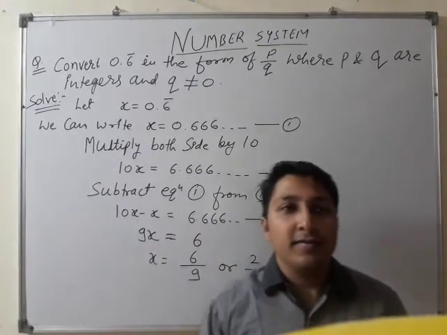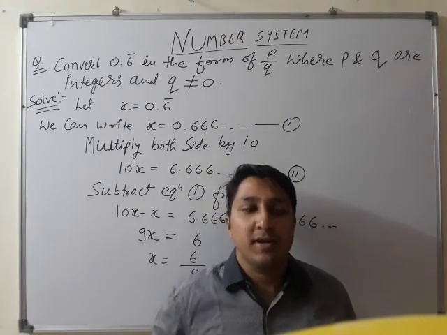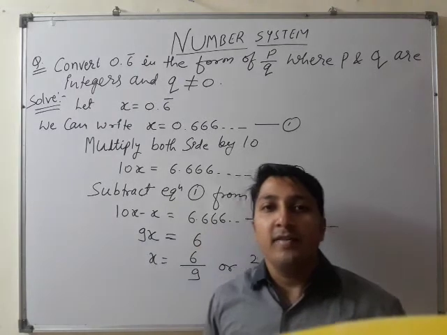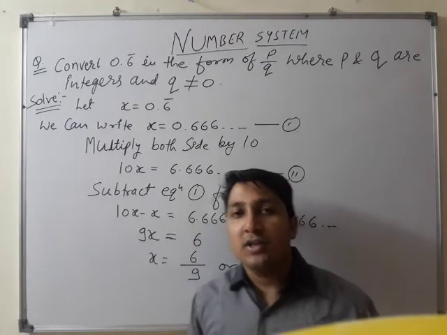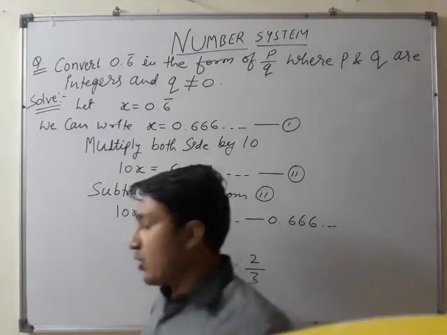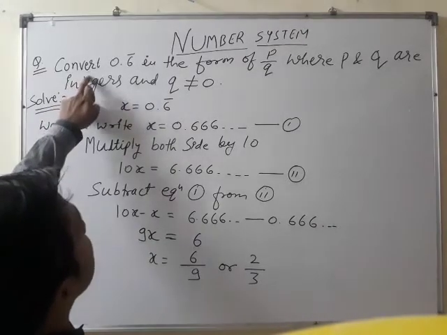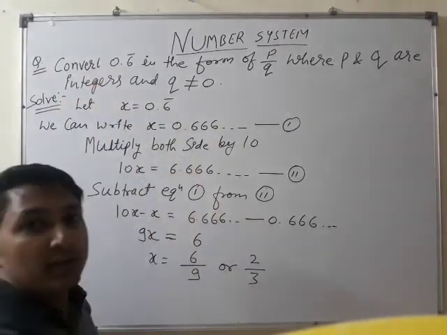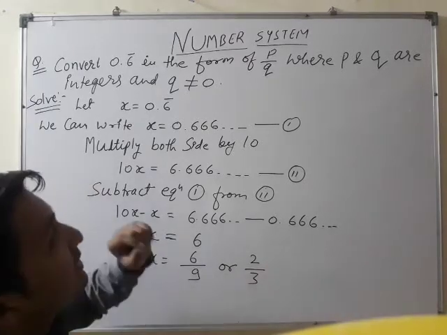Hello everyone, we are here with our third lecture on rational numbers. In our previous lecture, we completed some of the questions related to finding a rational number between two rational numbers. Now, the next topic of rational numbers is to convert any decimal expansion, non-terminating decimal expansion, in the form of